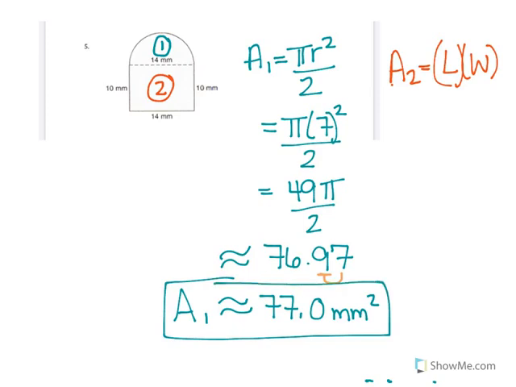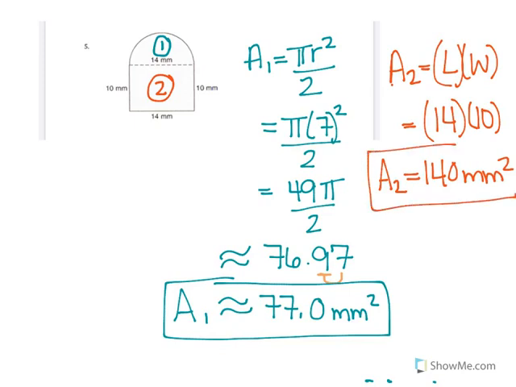And to find the area of the second shape, we have a length of 14 millimeters, a width of 10 millimeters. When we multiply those two numbers together, we end up with the area of 140 square millimeters. Now, the total area will be the combination of these two things. So if we add these two areas together, we're going to end up with